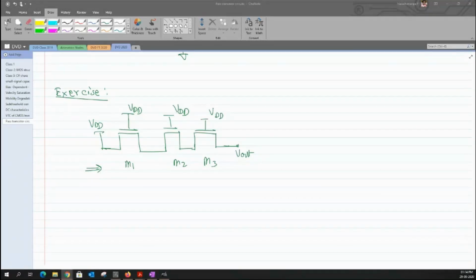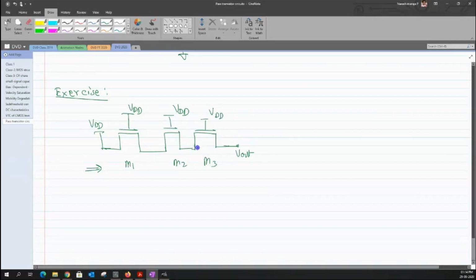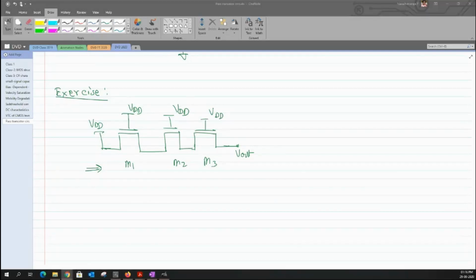Sir, NMOS device. Yeah, everything is NMOS, just because I haven't put any bubble at the top towards the gate, it's all NMOS device. And I can't really fix the value of source just because either of the terminals can be thought of as a kind of source. That's the reason.